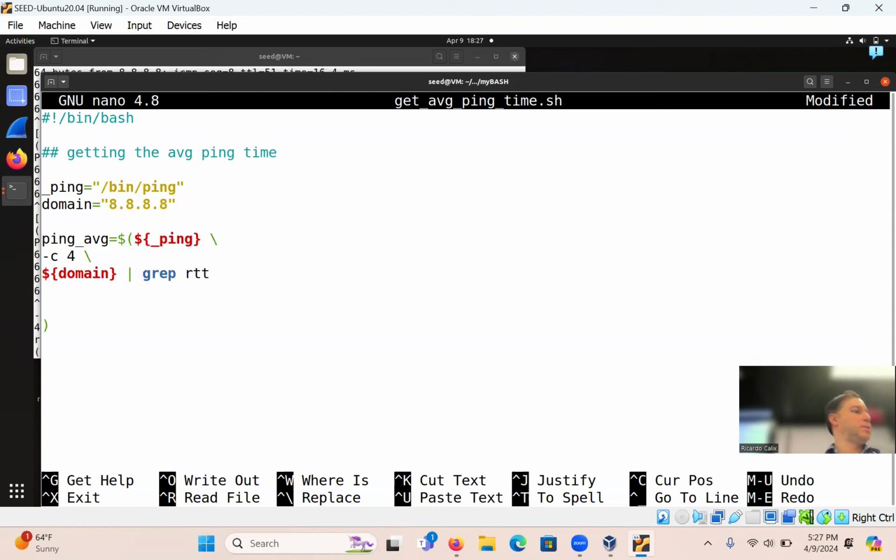You guys see where I'm going with this? So let's try that. We need to end the parentheses here, and then echo ping average.